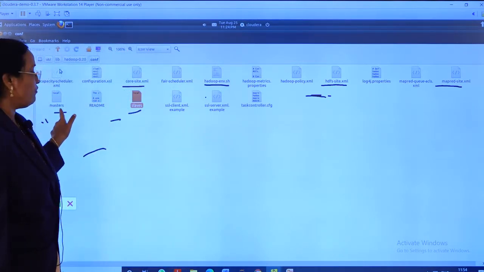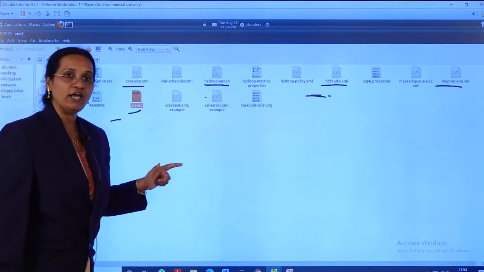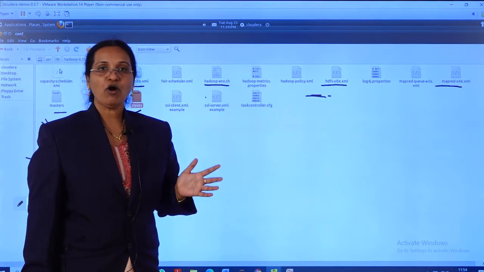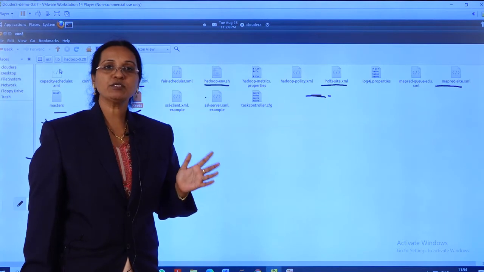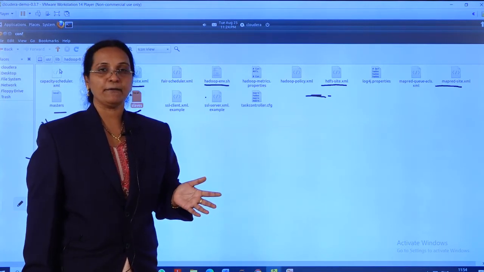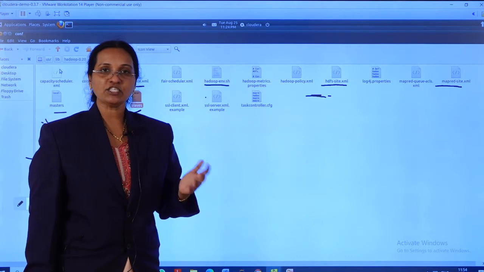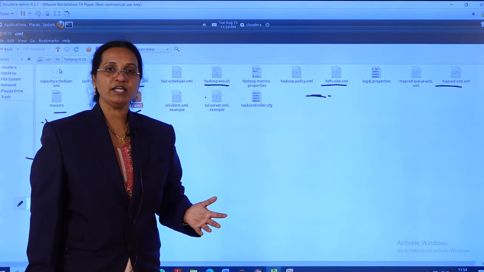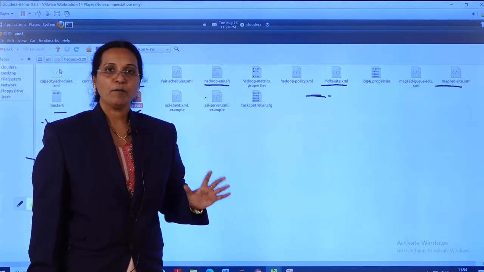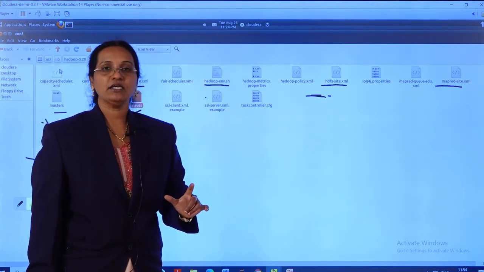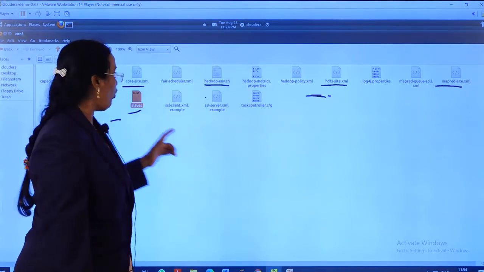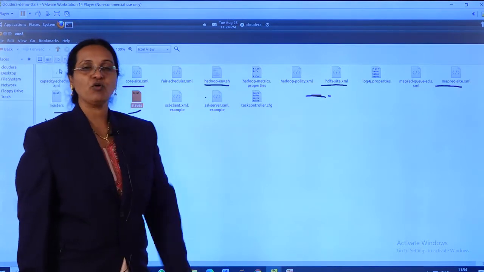You have seen that when I opened the master and when I opened the slave, both showed localhost. Why did I get localhost? Because I am working in a pseudo distributed mode. In pseudo distributed mode, all the daemons will be running. That means the job tracker, task tracker, name node, secondary name node, everything, all the daemons will be running. But my single machine is the master as well as the slave, both together. That is the reason I got localhost.